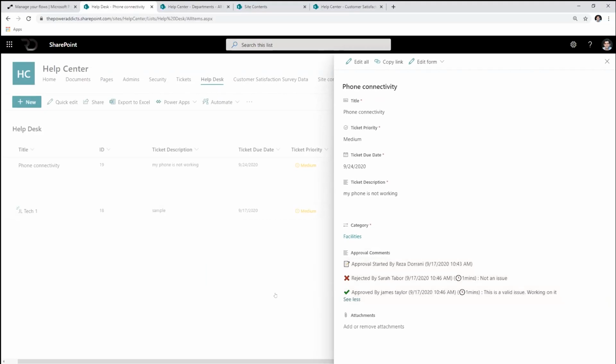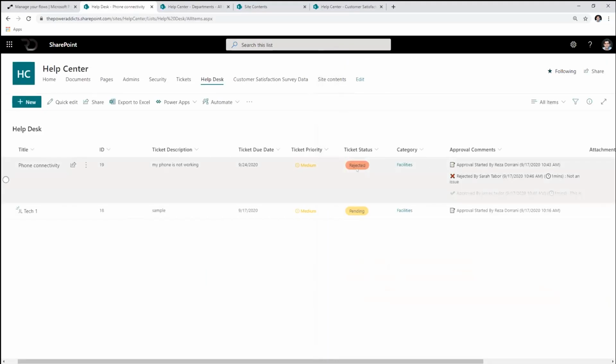Exactly. And it's a visual cue, right? It's a visual cue. I can clearly see this is rejected. SharePoint is giving me the visual cue, but even in the comments, I can immediately focus on who rejected it thanks to the emoji right here. Yep. When did they reject it? How long did they take, right? I can grab all that information through my process. Cool. Let's see how it's made.